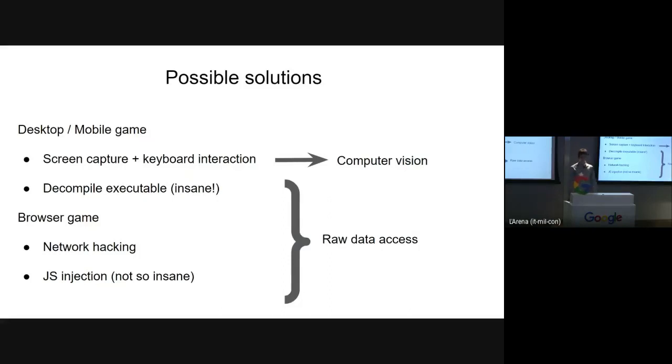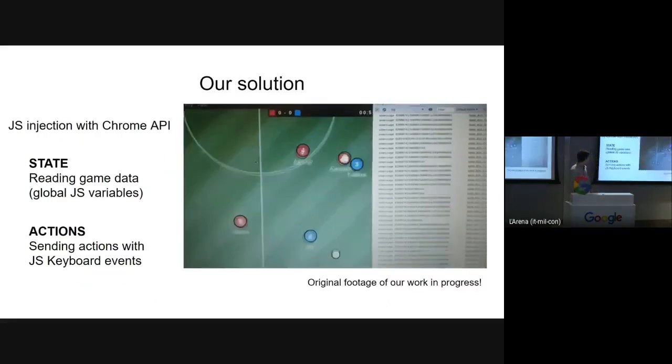Another case can be reading the network. For example, if it is an online game, you can try to inspect the traffic of the game, just reading the state, reading the action, and so on. But if all the traffic is encrypted, it's not even doable. And in some other cases, if the game is in the browser, if it is implemented in JavaScript, you can try to modify the source to do an injection. And that was our case.